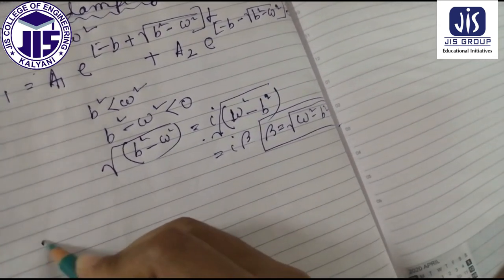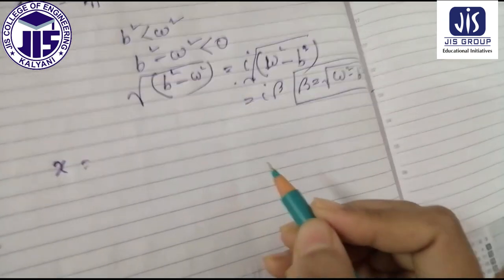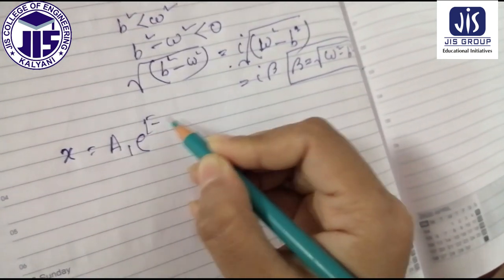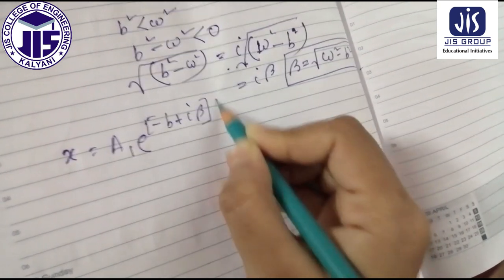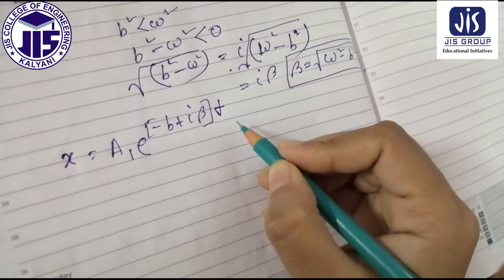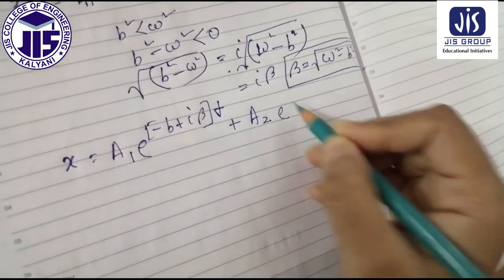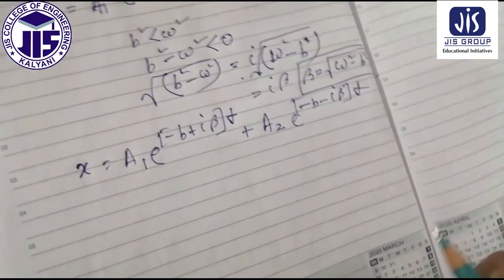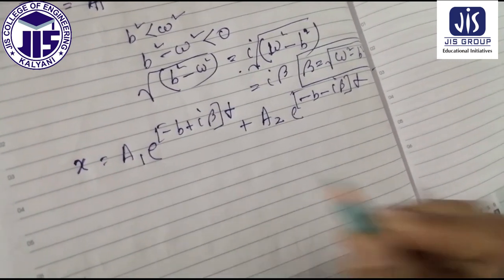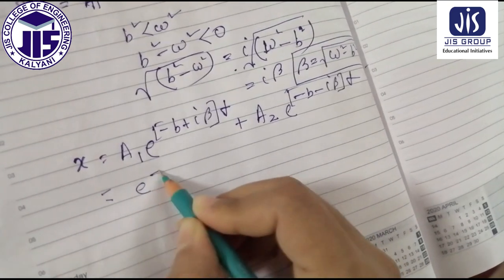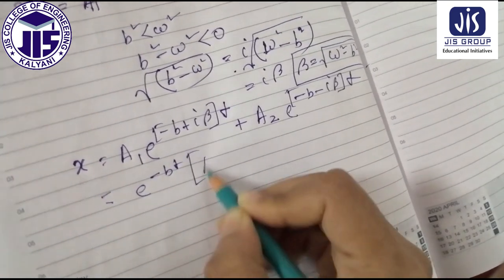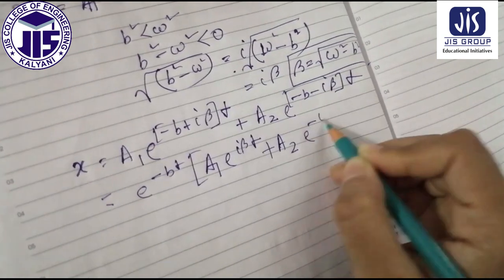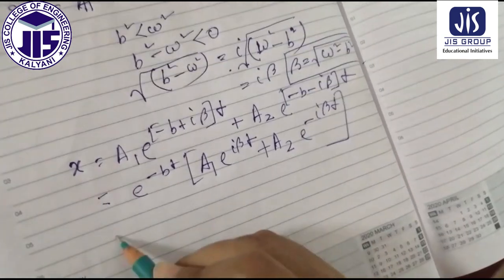So therefore x equal to a1 e to the power minus b plus i beta into t, plus a2 into e to the power minus b minus i beta into t, that is equal to e to the power minus bt into a1 e to the power i beta t plus a2 into e to the power minus i beta t, which is equal to